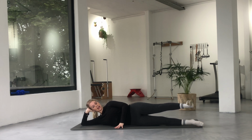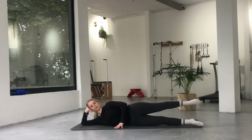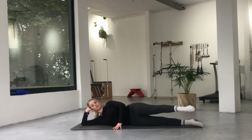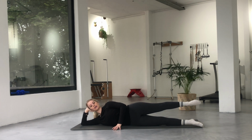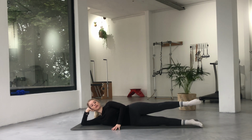From here, you're going to flex the foot that is at the top. You pulse forward 1, 2, then you point the toes and you take it back 1, 2. It's a small movement so that you don't fall over. Point and pulse back 2, and we flex forward 2 and point back 2 and flex forward 2, point and